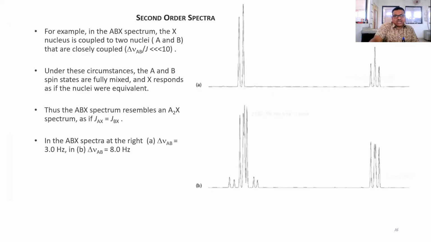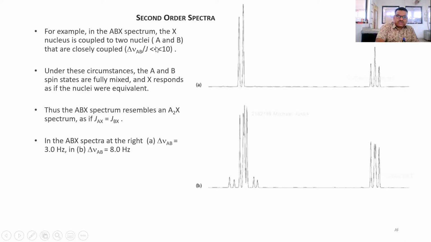Now see this, how the spectral lines are far away from each other, and how they are showing the spectral lines and how they are getting the differentiation. So this is showing the second order spectra. Look at this, the ABX spectrum. The X nucleus is coupled to the two nuclei A and B, and that are closely coupled with delta V